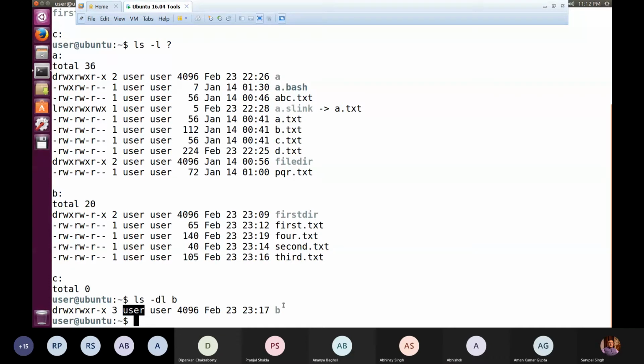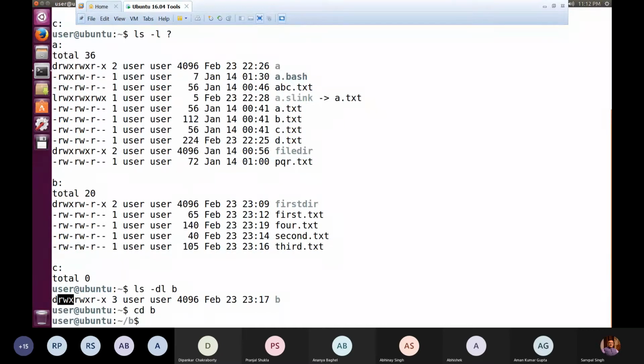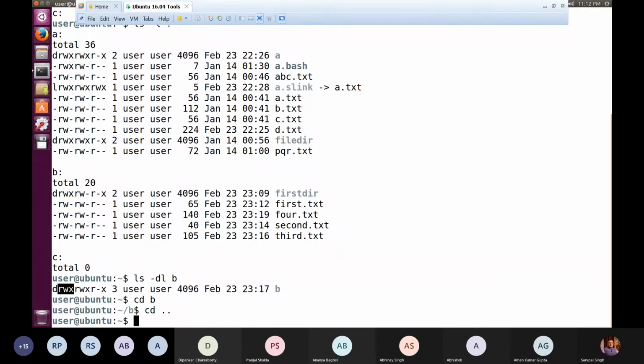If I look at my permissions, I have x permission that allows me to enter B. Because of that it is possible to use cd B and move inside B. If I don't have x permission over B, I cannot move into the B subdirectory.